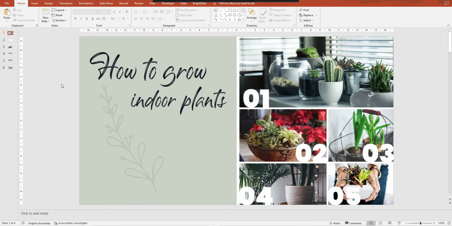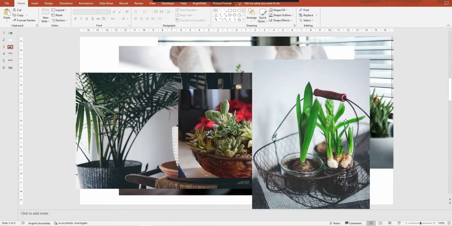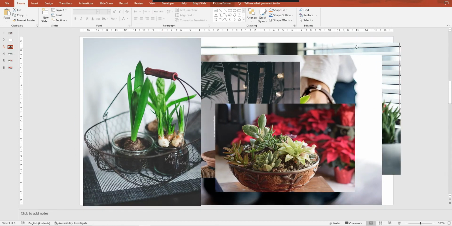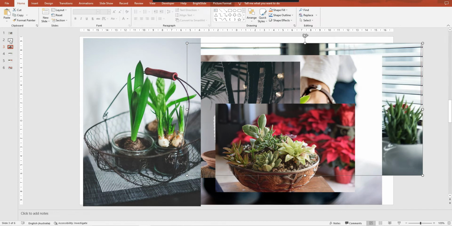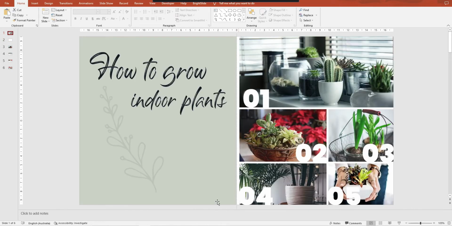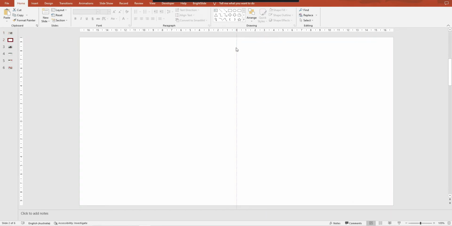So just to speed things up a little bit, I have gone ahead and I have basically just dumped all the images that I'm going to be using for the content slide. I've just put them on there for now. Starting with, I'm just going to have a little bit of a grid. Essentially what I want to do is just separate my slide into two. So I've added my guide there